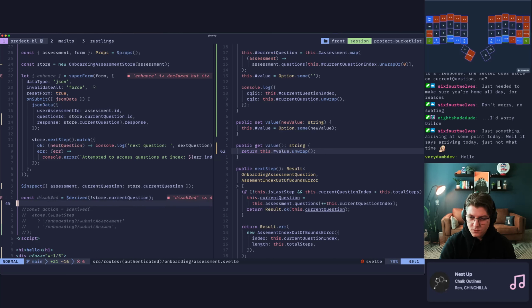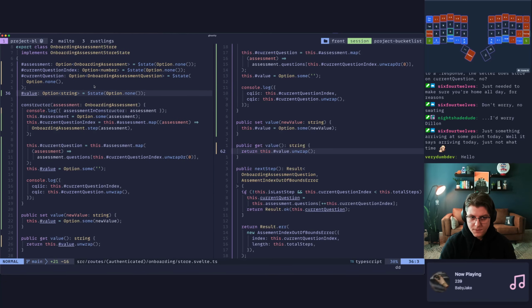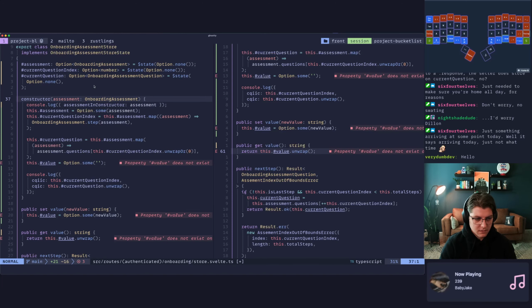Is it possible? So, to do that pattern, so we just saw this work, right? Otzi just solved this.